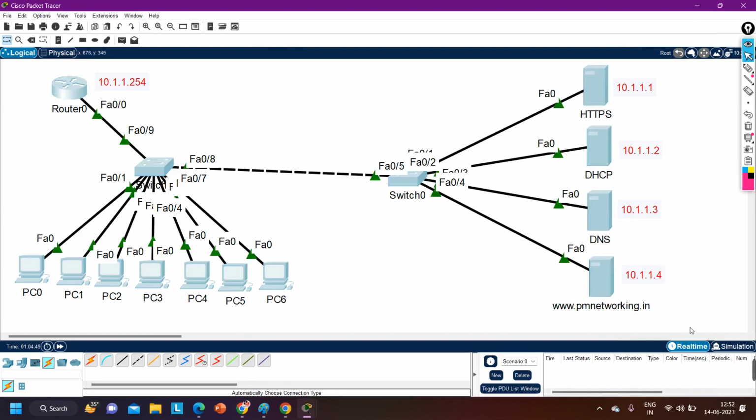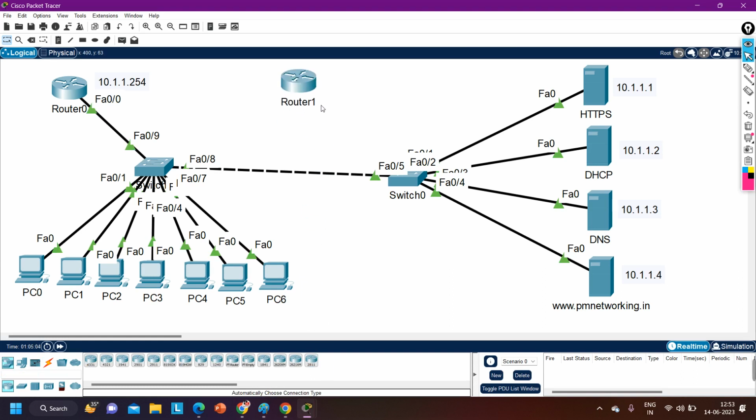Just one second. Yes, I have a question about the router. Like, we can configure the router in another way. If you click this one, we go to config, then we can do it manually, right? But in real time, do you know how you will configure the router? You have two options. Either you can take remote access through telnet,